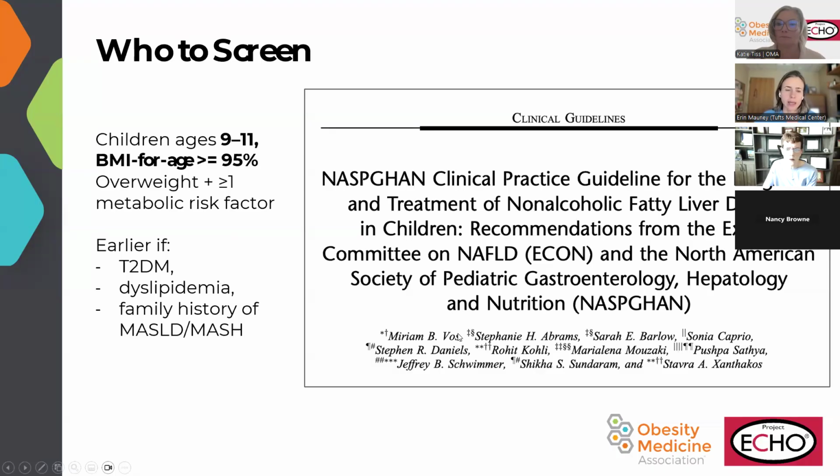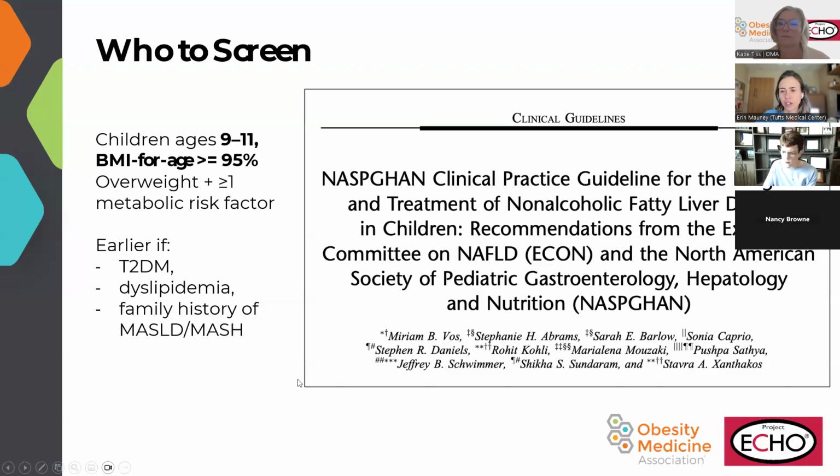And we'll get into that in a second, but that includes hyperlipidemia, hypertension, elevated glucose. I think in practice, really just any patient with obesity who is 9 years and above, it's reasonable to send a screening ALT, and that's what we recommend sending as the first test to screen for this. So the ALT is much more specific than the AST for liver disease.